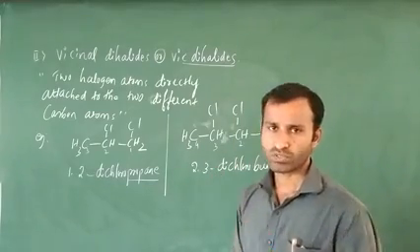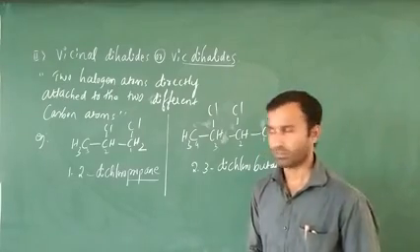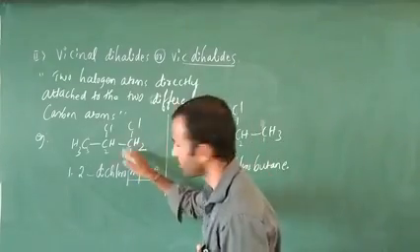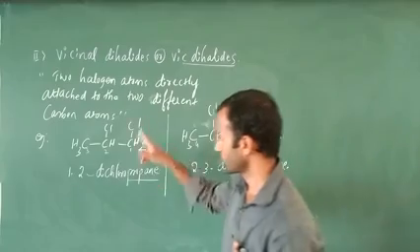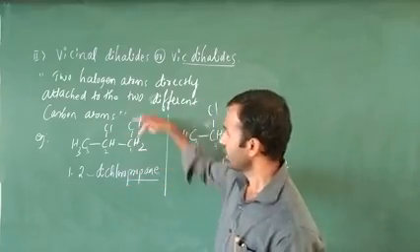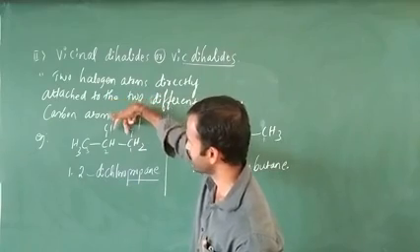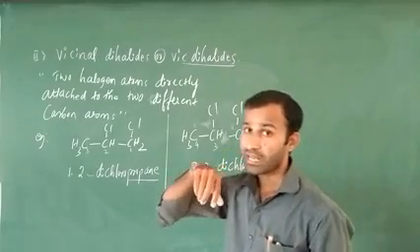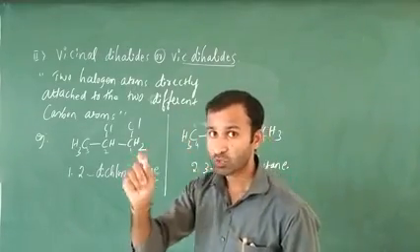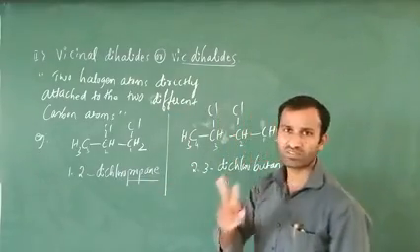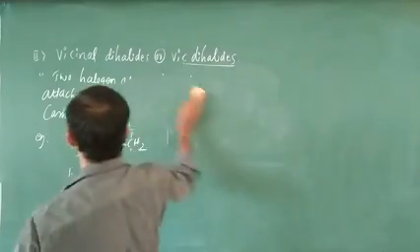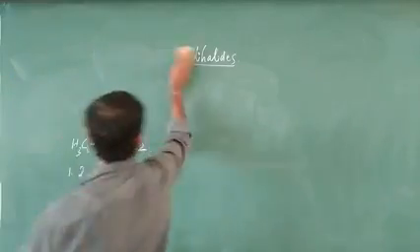They may ask a two marks question: what is vicinal dihalides, give an example. Practice this definition, and with the help of the example, write the definition directly: two halogen atoms directly attached to two adjacent carbon atoms is called vicinal dihalides. In geminal dihalides, two halogen atoms are attached to a single carbon, but in this case, two different carbons. Next, the third one is polyhalogen compounds. Poly means many.